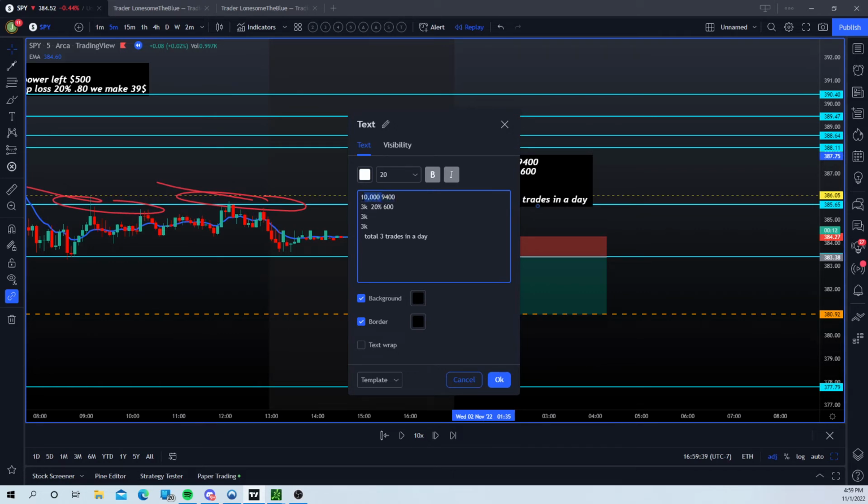So if I lose one, let's say I get red there. Let's say this one's red, right? Minus 600. And then I get in again, 20%, minus 600. So I will be at 8,800, my bad, 8,800 if I lose 2 red ones, which means I'll be down 1,200 on the day, right?